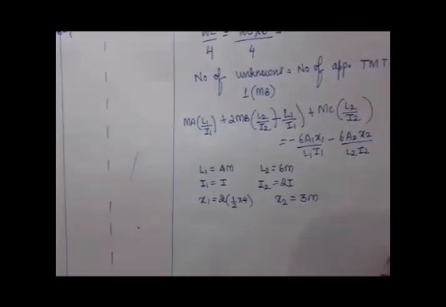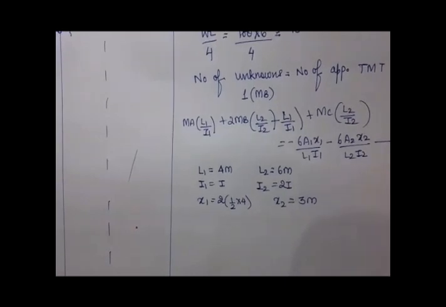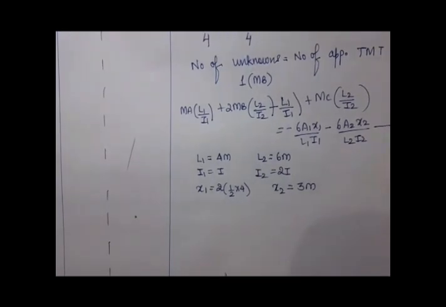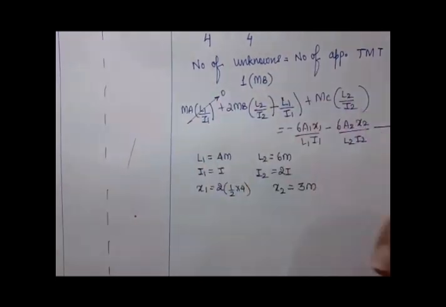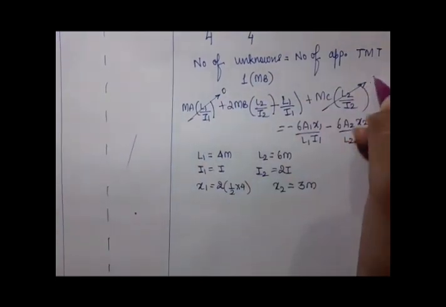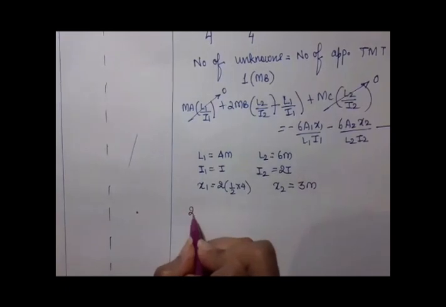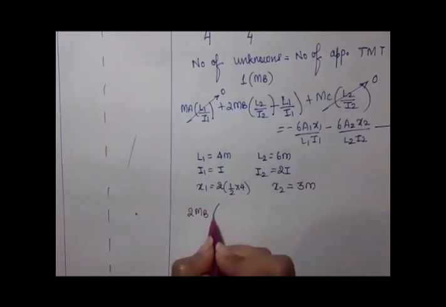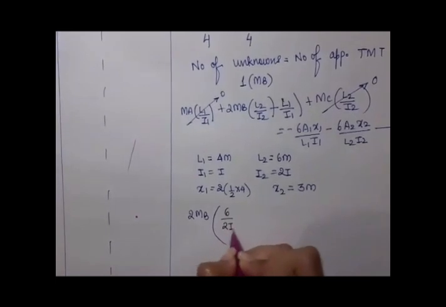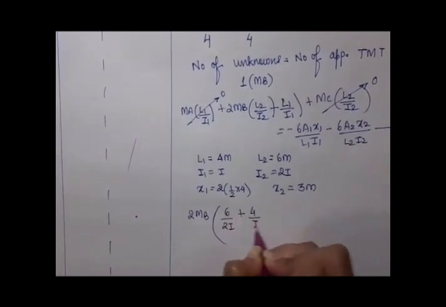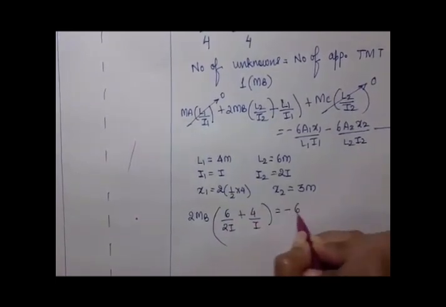Now putting the following data in equation 1, since MA is 0, this whole value will be 0, and since MC is 0, this whole value will be 0. Now 2 MB into 6 upon 2I plus 4 upon I equals to minus 6